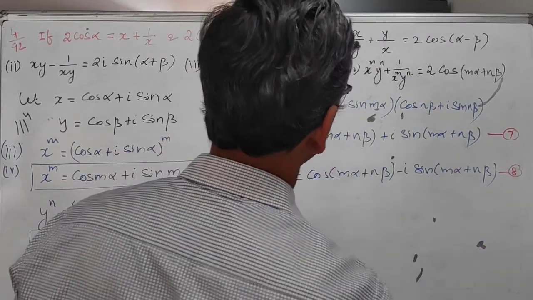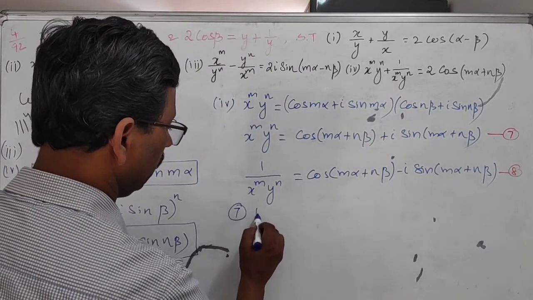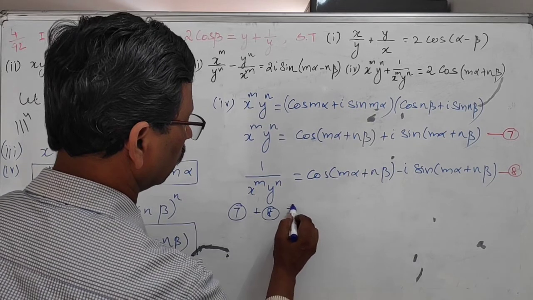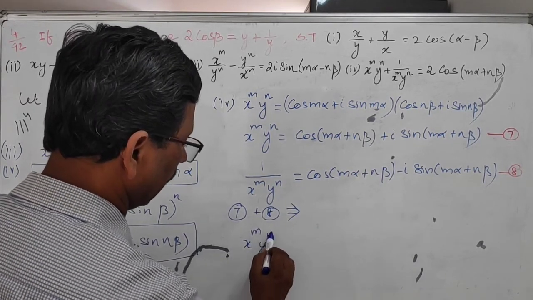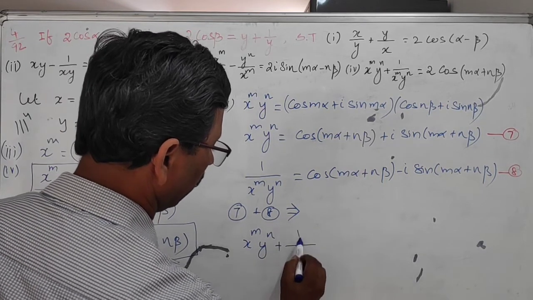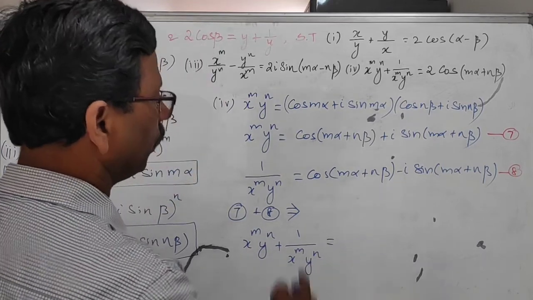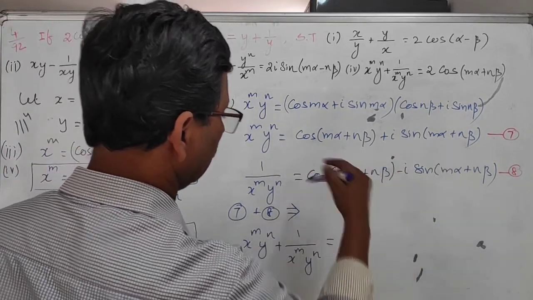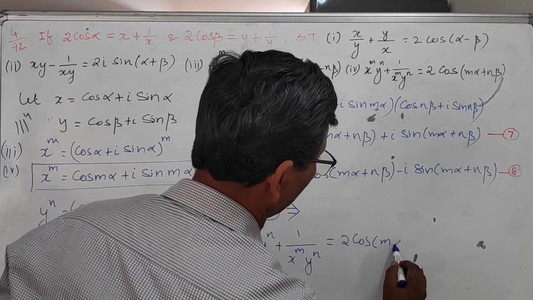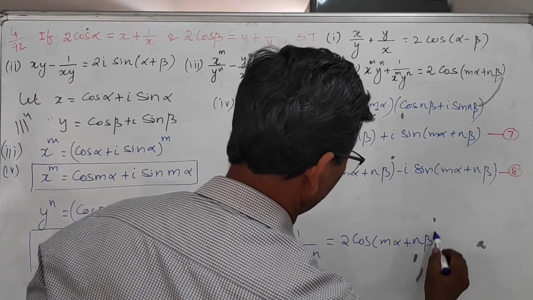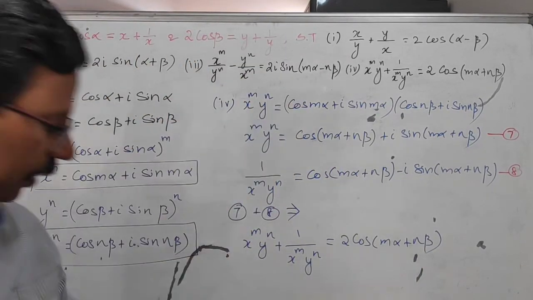Now here we have to add, therefore 7 plus 8 gives x power m into y power n plus 1 by x power m into y power n is equal to 2 times cos of m alpha plus n beta, since the sine terms get cancelled while adding. Now this is the fourth result. Likewise, we can